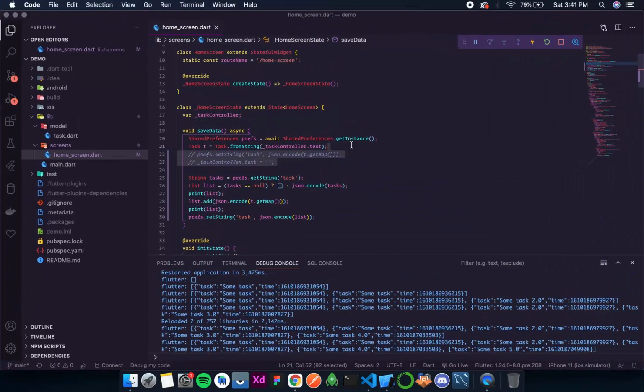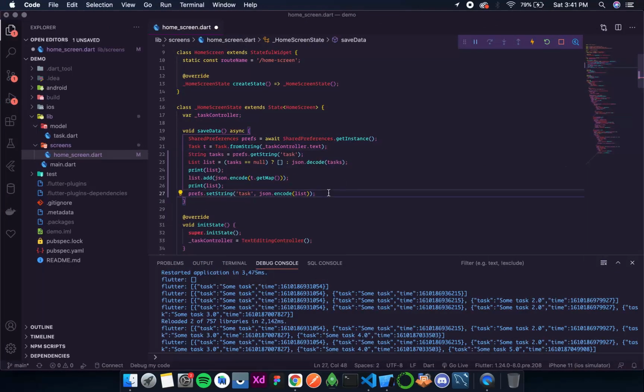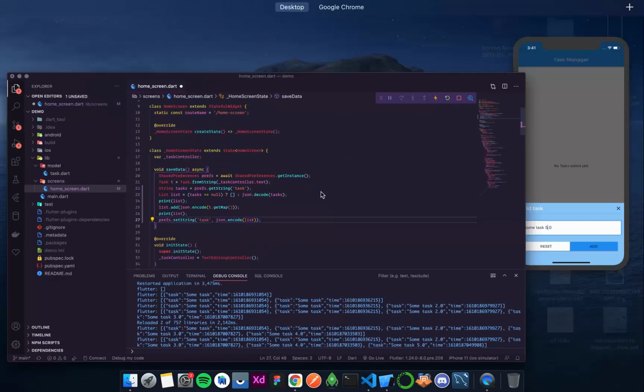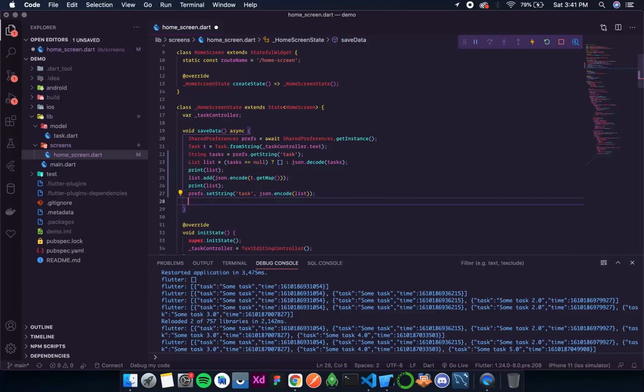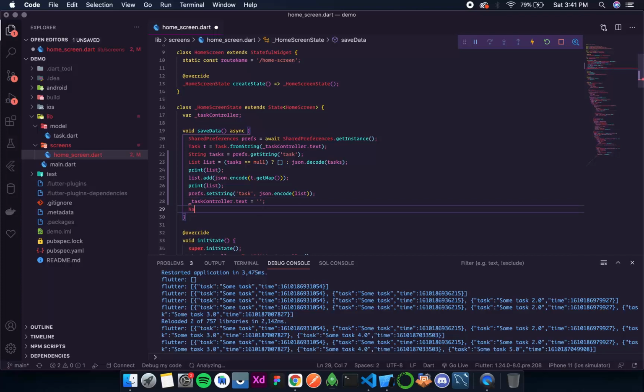So I'll remove this, and once it is stored, I also want to clear the text field and hide this bottom sheet. So for that I'll add another 2 lines. Task controller dot text is this, and then navigator dot of context dot pop.